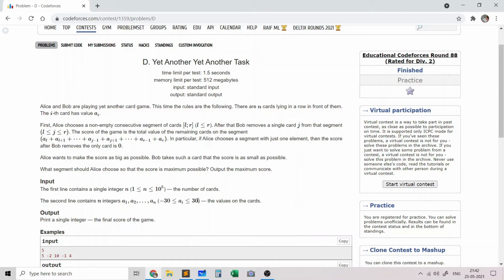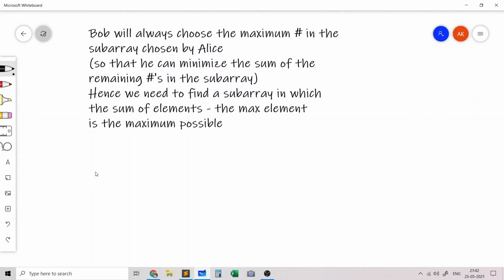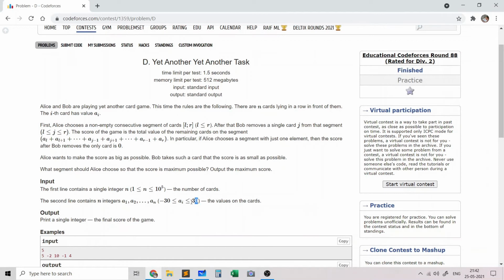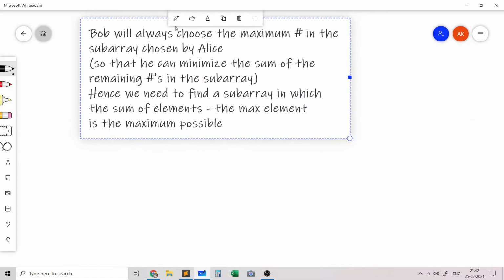Their absolute value is at most 30. So we should try to use this in our DP state or in maybe doing a brute force over these numbers. So let's realize that since we want to maximize this quantity, we just need to find the maximum element.